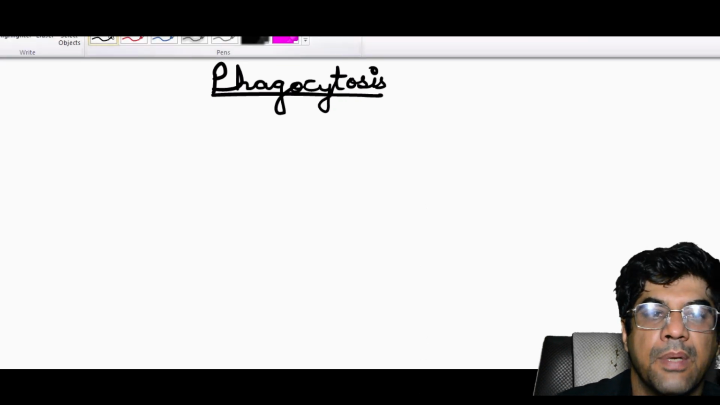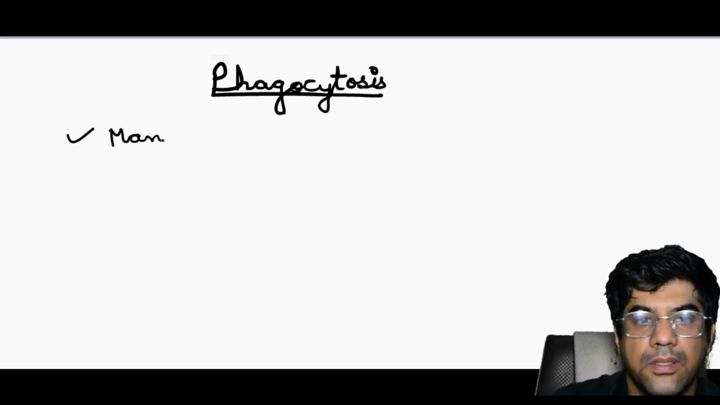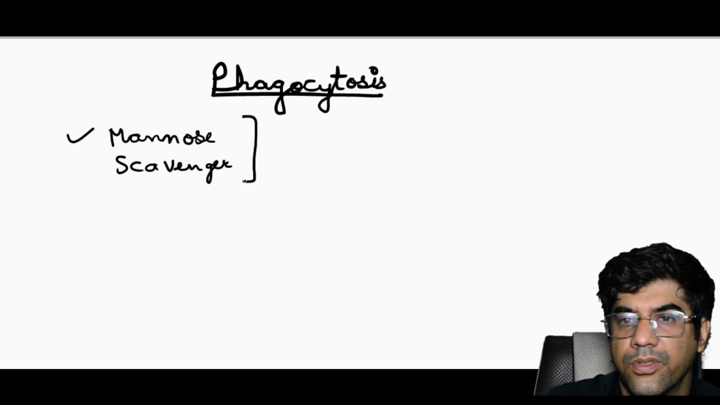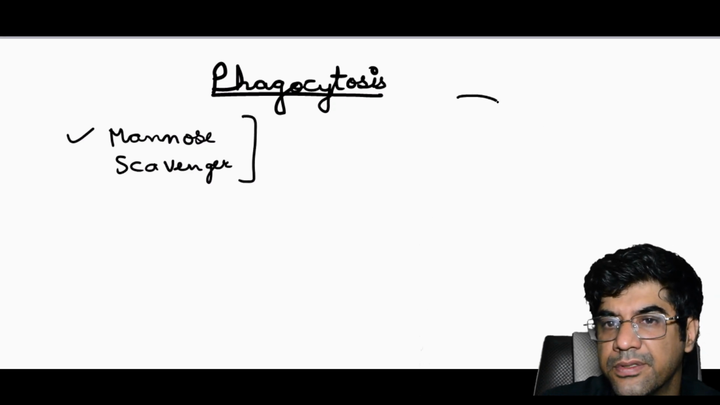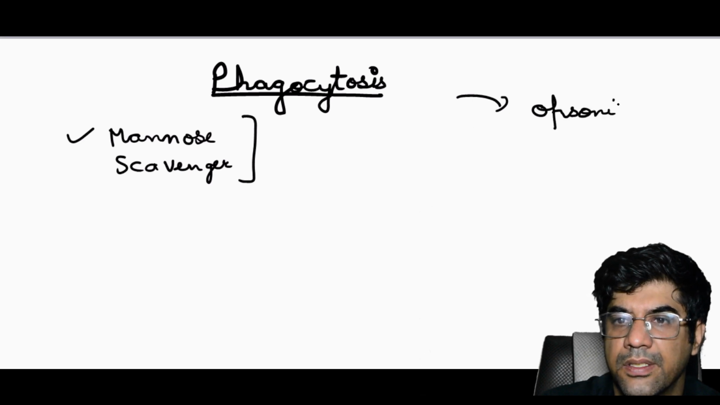These receptors can be mannose receptors or they can be scavenger receptors. In phagocytosis, the first step is opsonization. So remember,